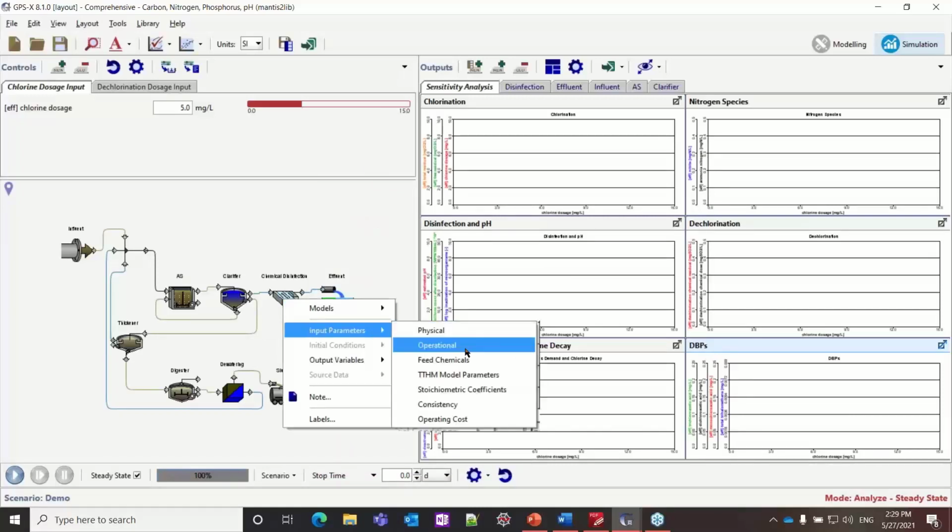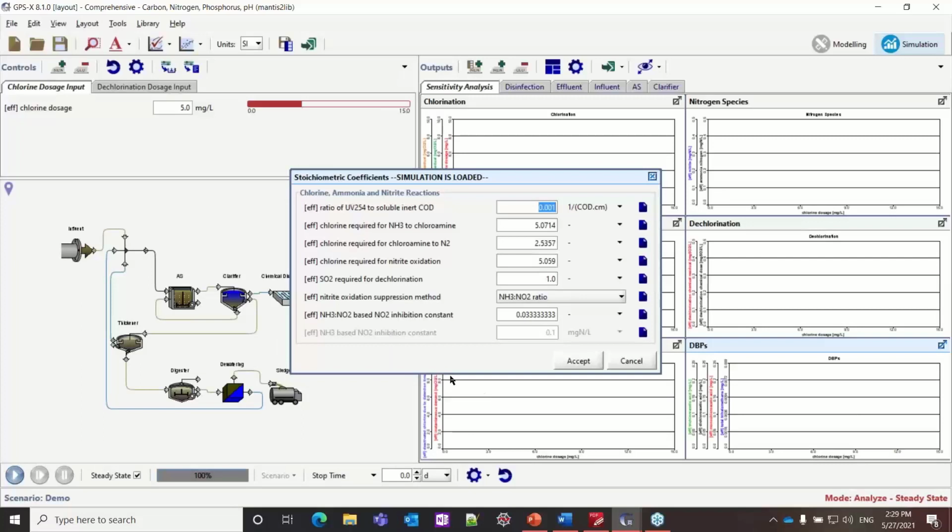So the next one I want to show you here is the stoichiometric coefficients. These are more like model stoichiometry and more derived from principles. So it's less likely you're going to be wanting to change one of these things, but you do have the option. For example, we have the stoichiometric requirement of chlorine required for converting ammonia to chloramine.